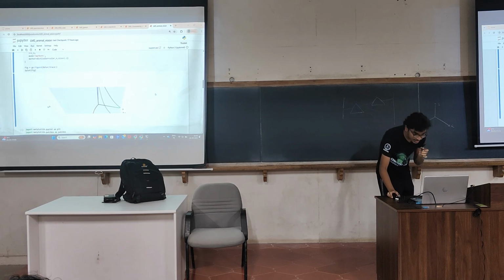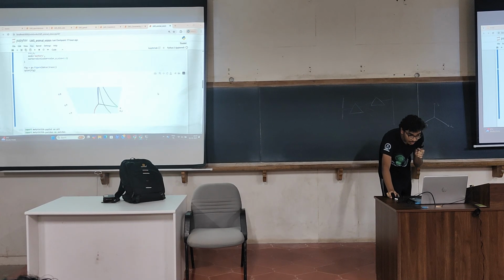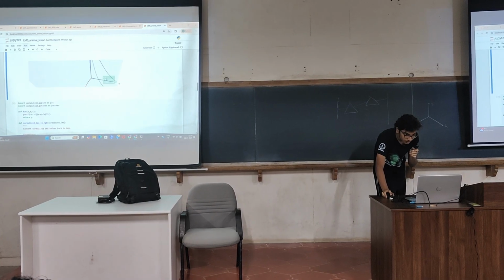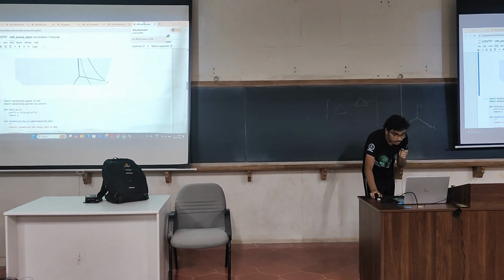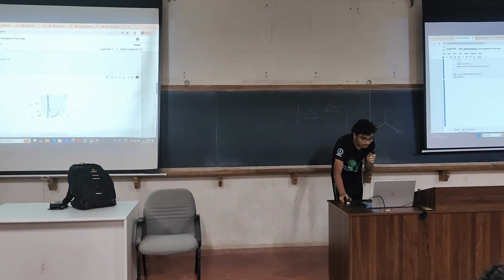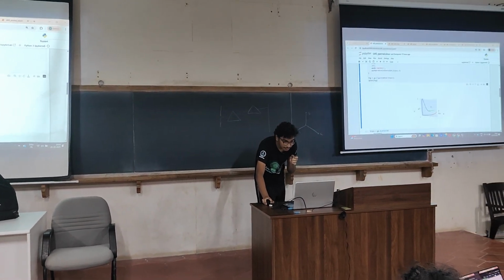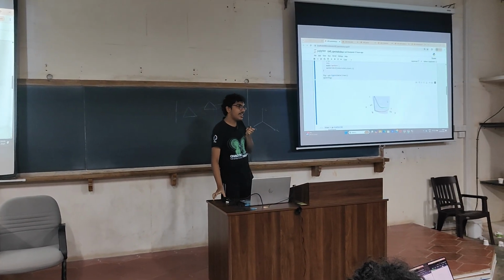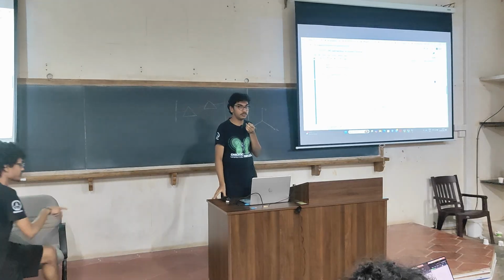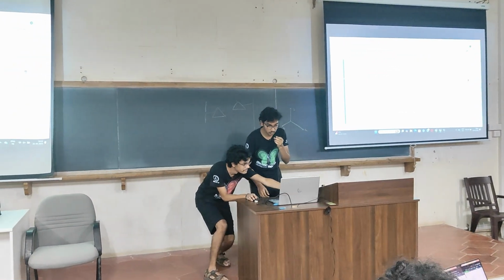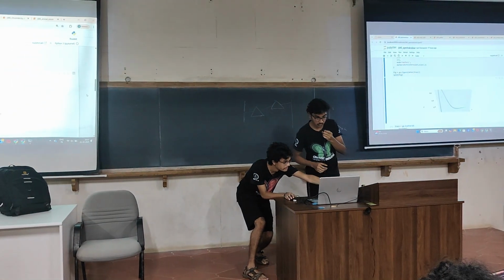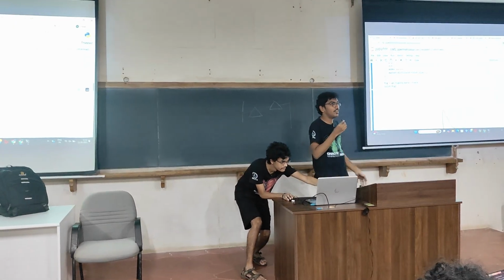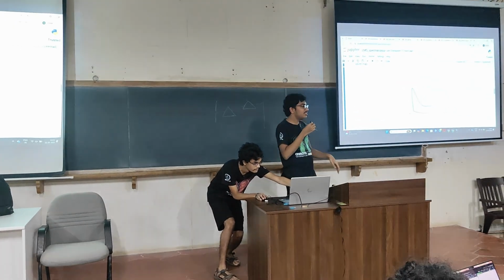This is a plot which I made in Python. If you can see, the graph is not symmetric. Why is the graph not symmetric? Why do you think it is some random shape?